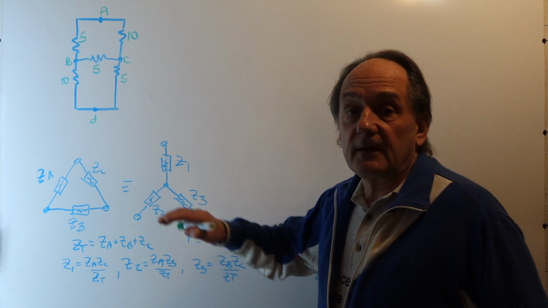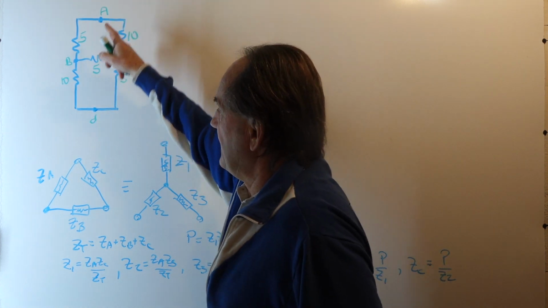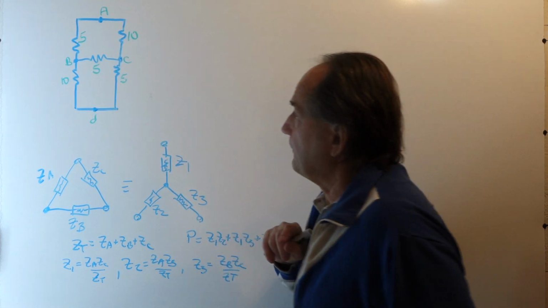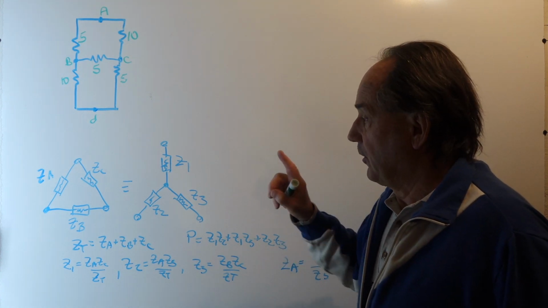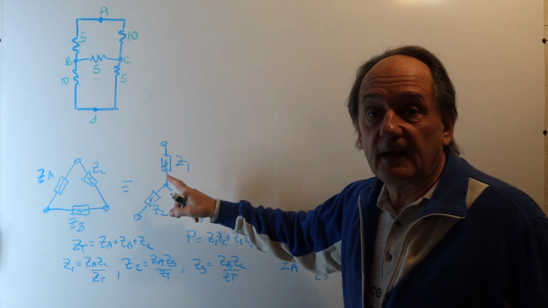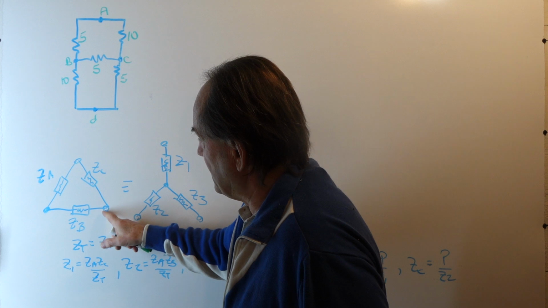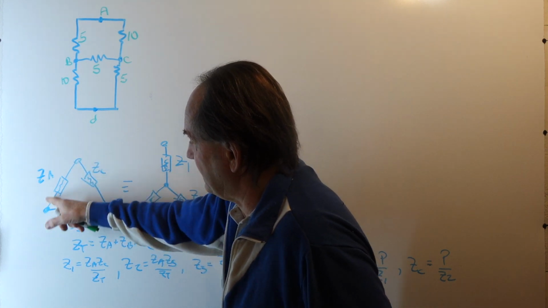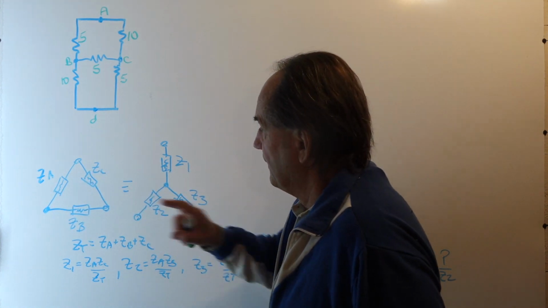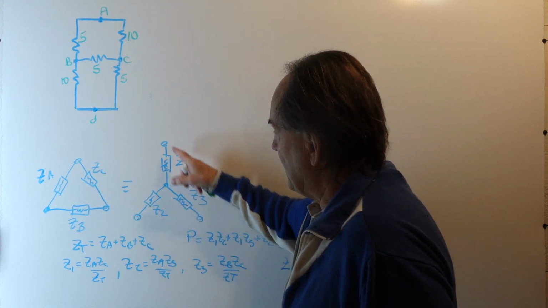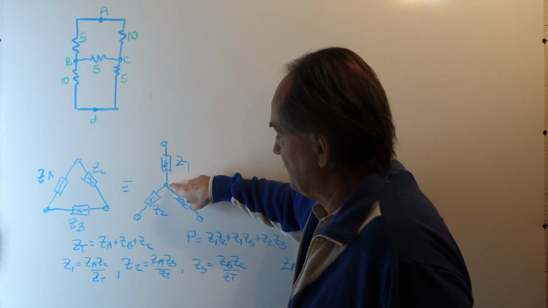Now, to do a network reduction to find the equivalent resistance between points A and D, these two nodes, I'm going to use what's called the delta to Y conversion, or some people call the Y a star connection. What we have is, if we have three elements that are connected as a delta, like a triangle, then we can represent it as this Y or star connection, where we create a new node, which we call a neutral node,